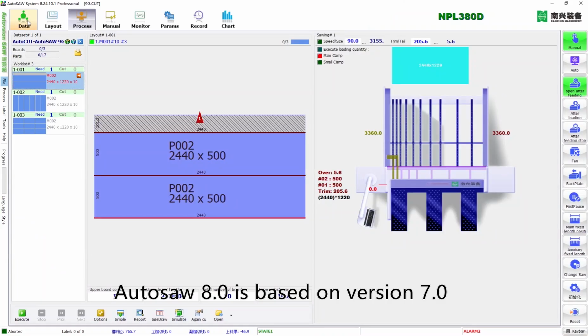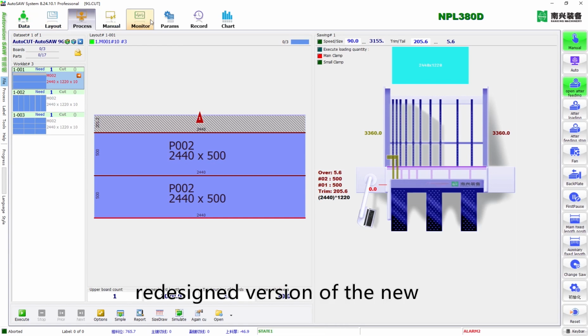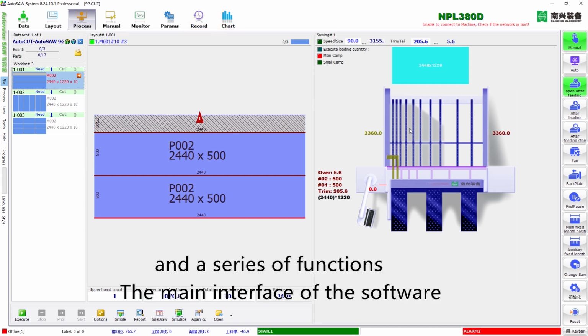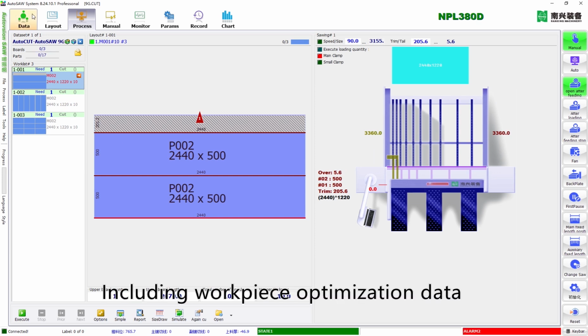AutoSAW 8.0 is based on version 7.0. The widescreen human-machine interface has been redesigned, mainly upgrading animation simulation, automatic layout, and a series of functions. The main interface of the software includes workpiece optimization data,